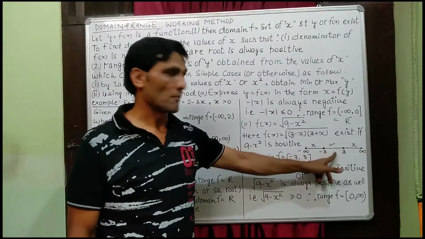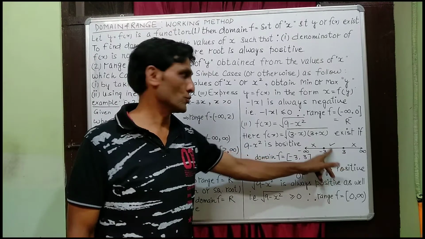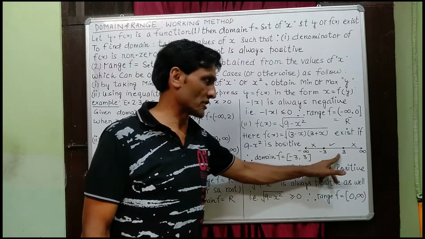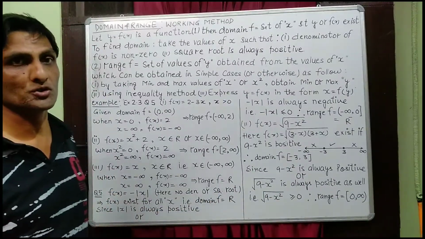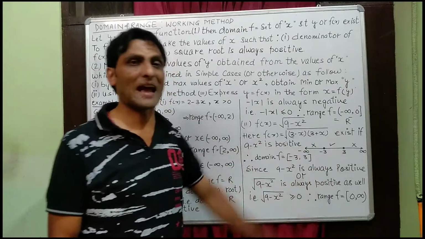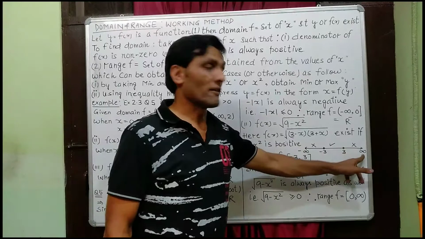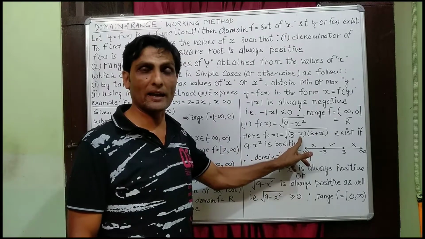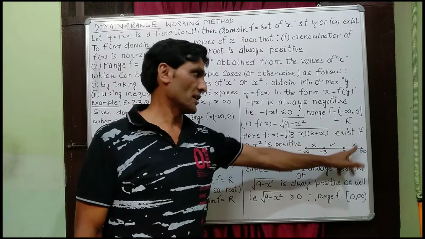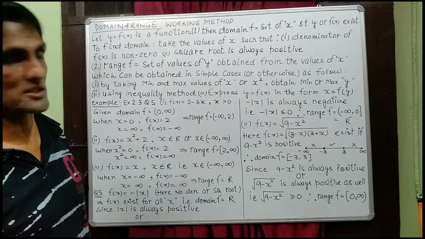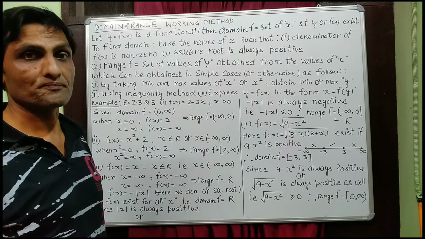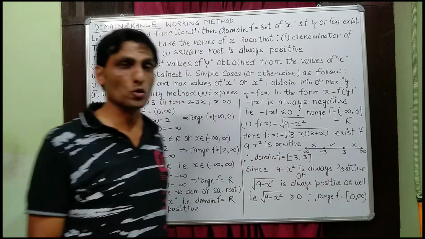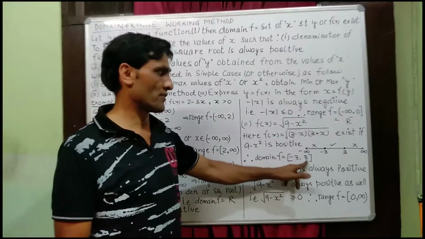Take here minus 3 to 3. You take minus 2. Positive, positive. So the product will be positive. That means the value of the function is always positive from minus 3 to 3. Here the value of the function f(x) exists. Now take the value of x from 3 to infinity. Suppose you take 4: it is negative and positive, so again negative. So here the value of y or f(x) does not exist. So ultimately the function y equal to f(x) exists from minus 3 to 3. So this is the domain of the function.